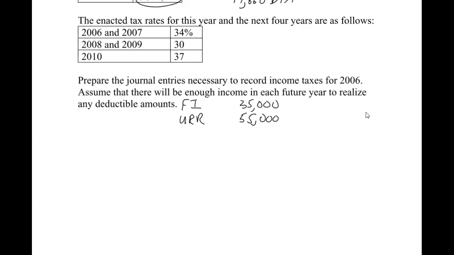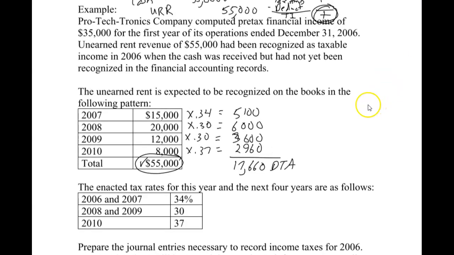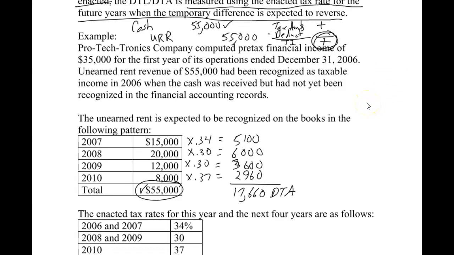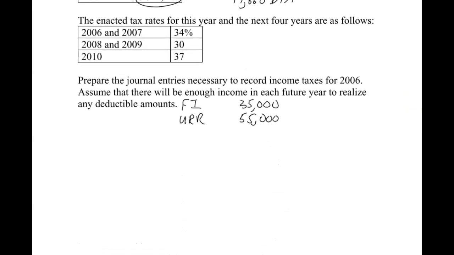Think about it. All of this unearned rent revenue, if we go back and look at this journal entry right here, all this cash is recognized as revenue on our tax return, but not revenue on our financial statements, which means the $55,000 is not included in that number, but it needs to be included in taxable income. Therefore, we need to add it to put it into taxable income. So that puts us at, and then multiply it times the current year tax rate, and that's going to put us at